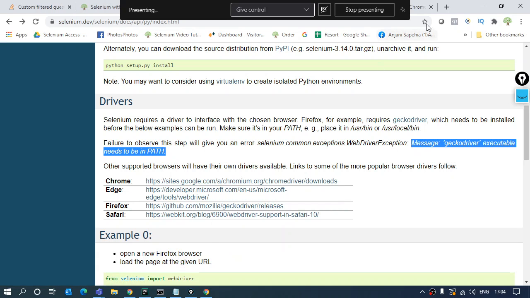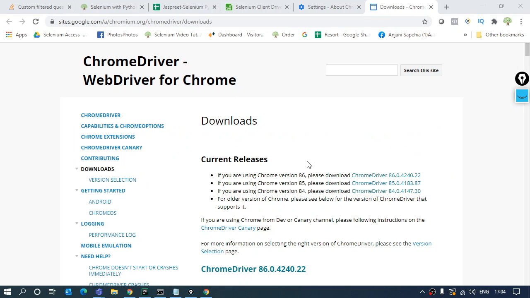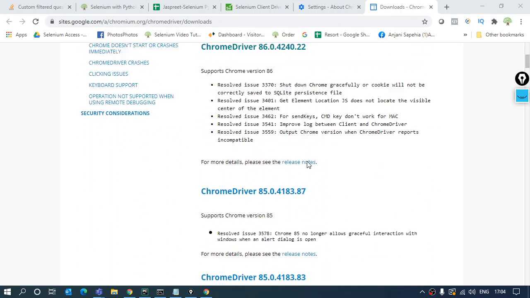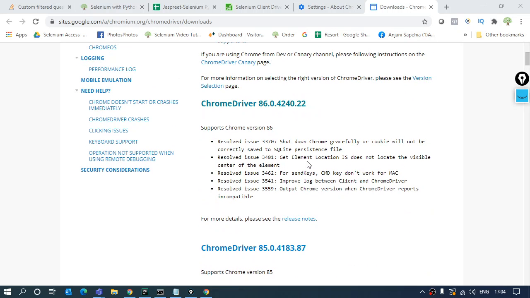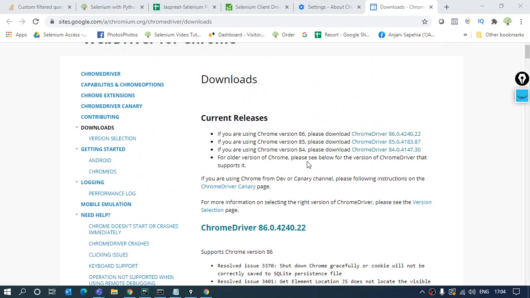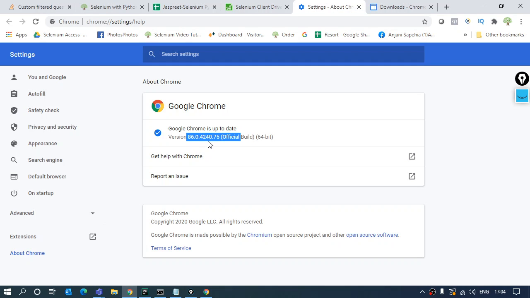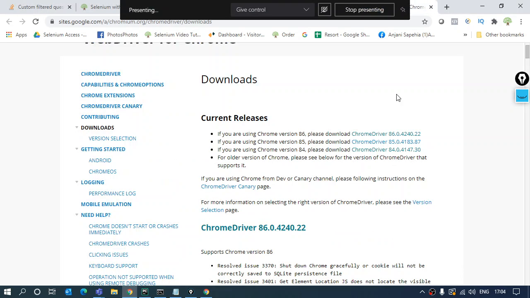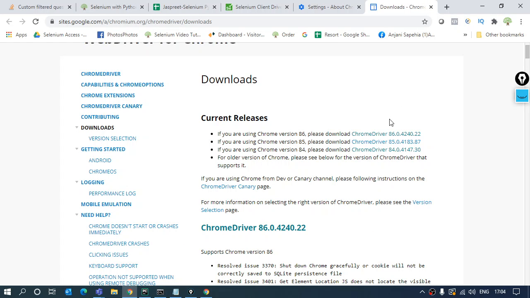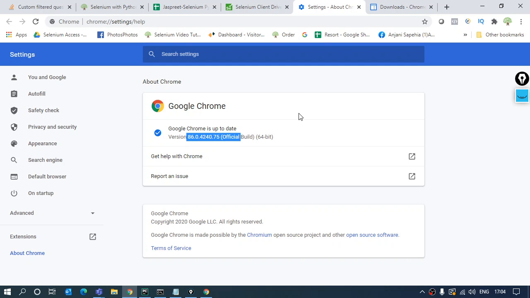Just go to this link, open it in a new browser, and over here you will get a number of versions that have come up for Chrome. Right. Now you need to look for the version which is there in your system. I have my 86.0.4240. Now Chrome people are very fast. As they release a new version of Chrome, they immediately give you the driver for it. The last digits, like that .22, don't matter, but the starting should be matching. 86.0.420 should be matching. That can differ.